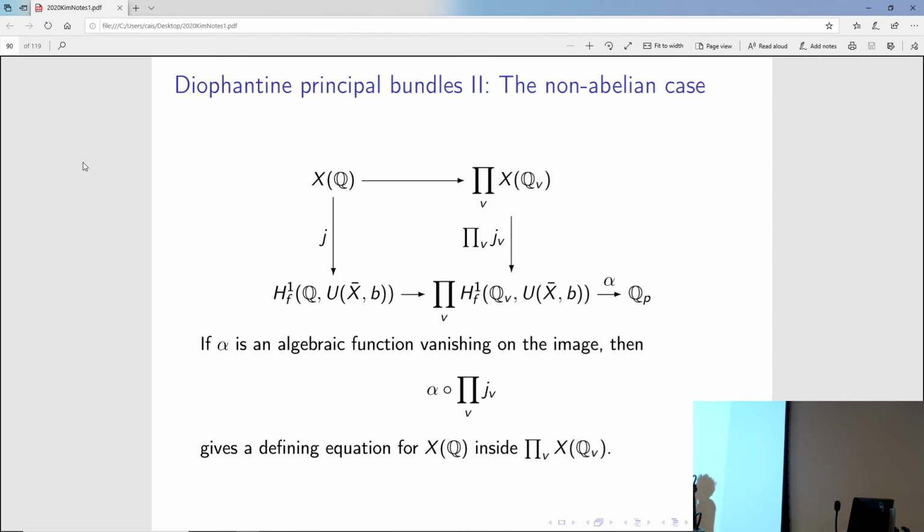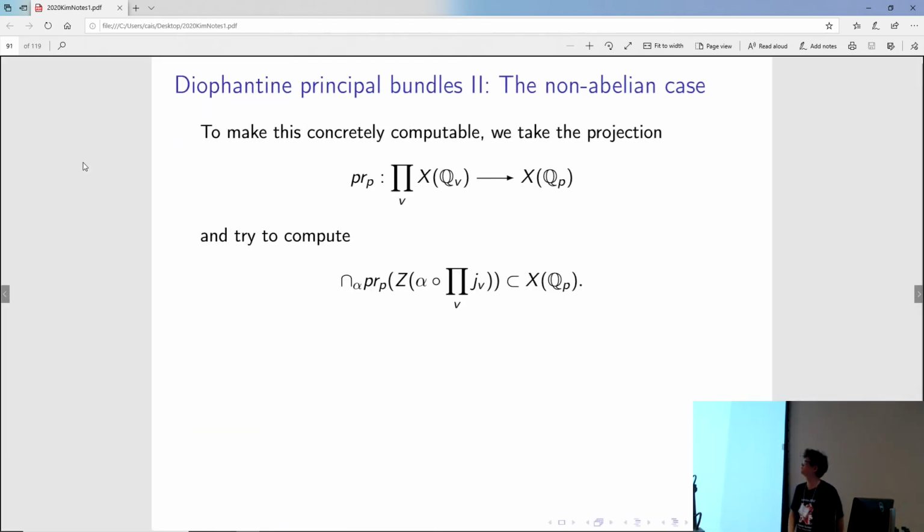Okay. So this localization map is now a map of algebraic schemes. So you can try to find a map on this affine variety that annihilates the image. We'll call it alpha. Then if you pull that back to the local points, you get a function on the local points that kills the global points. Of course, now I will specialize more. It's hard to study the product over all v, so we actually focus on the prime p, where p is the same as the Q_p